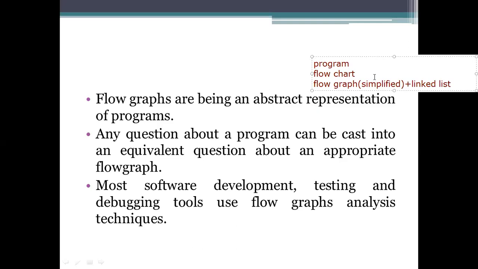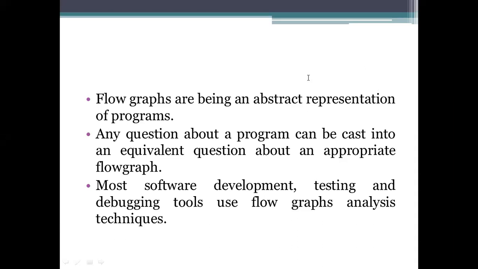If that node is executing, how do I get into the next node? All these things have to be known by the user. For that, we also use some tools to analyze what the flow graph is presenting. So the flow graph we are using is specified as an abstract notation. Apart from this notation, we need to consider the program's expression format.